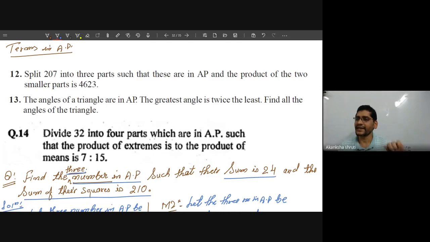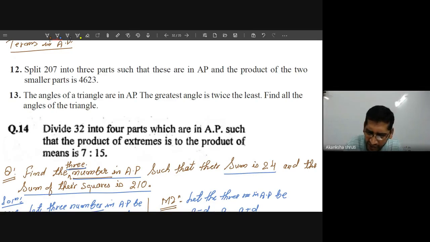तो कैसे लेंगे? A minus D means एक एंगल X and दूसरा Y, तो X minus Y, दूसरा X and तीसरा X plus Y, ऐसे लेंगे तो AP में आ जाएंगे. और A minus D, A and A plus D. सो हम इन क्वेश्चन को ही करके आपको दिखाते हैं, क्योंकि आपके बुक के क्वेश्चन है और ये आपको पक्का पूछे जाने वाले हैं. Even अभी जो हमने क्वेश्चन सॉल्व किया, it was also asked.